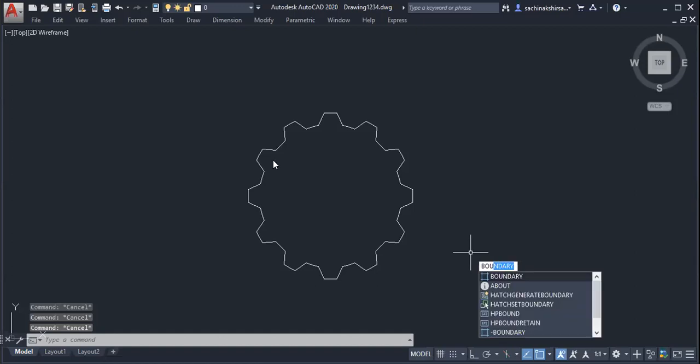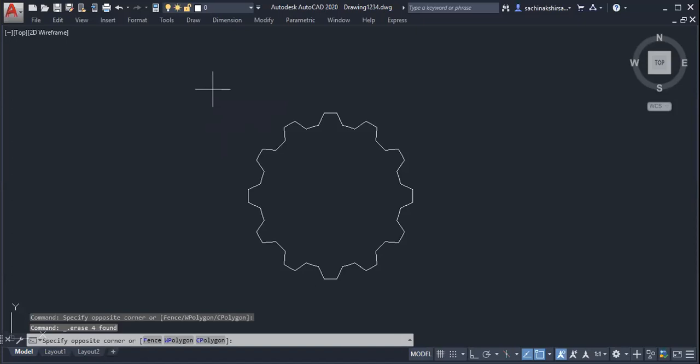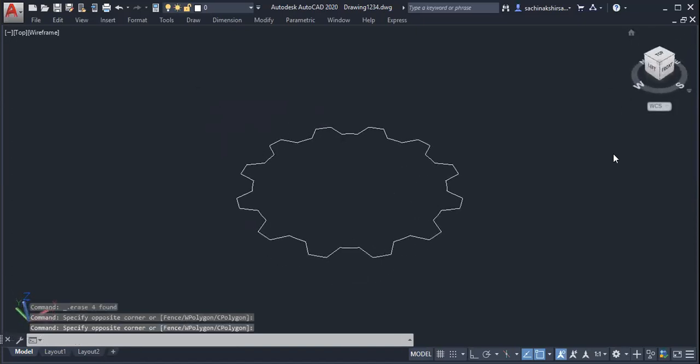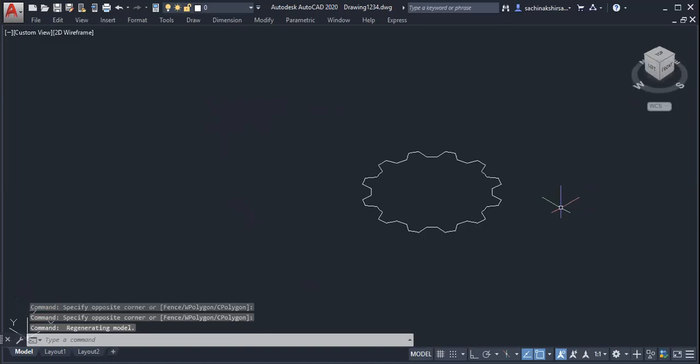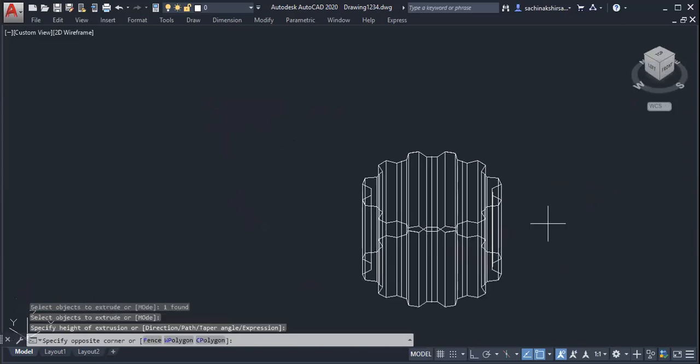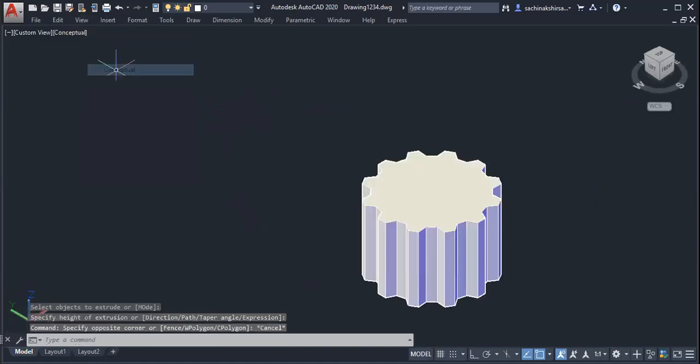Shortly, 1 minute is remaining. I will tell how. Something like this, and we can give height to this. In 3D it will be something like this, and we can give height. I will tell any component in 3D later, but just now I'm telling how it is. So in 3D it will look like this.